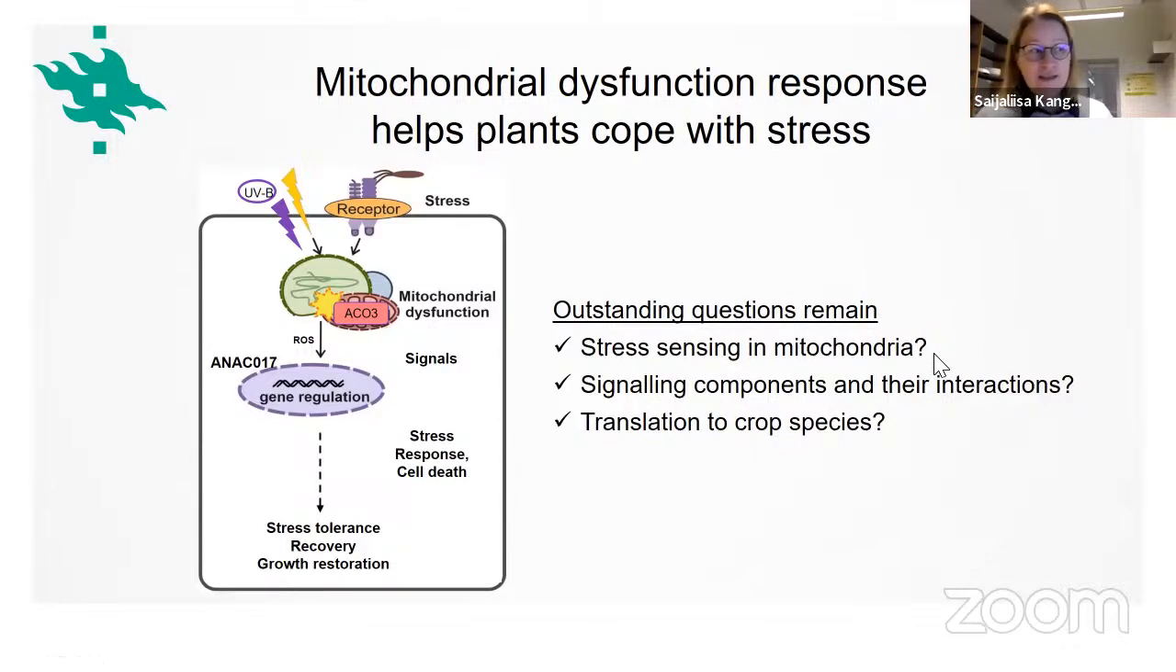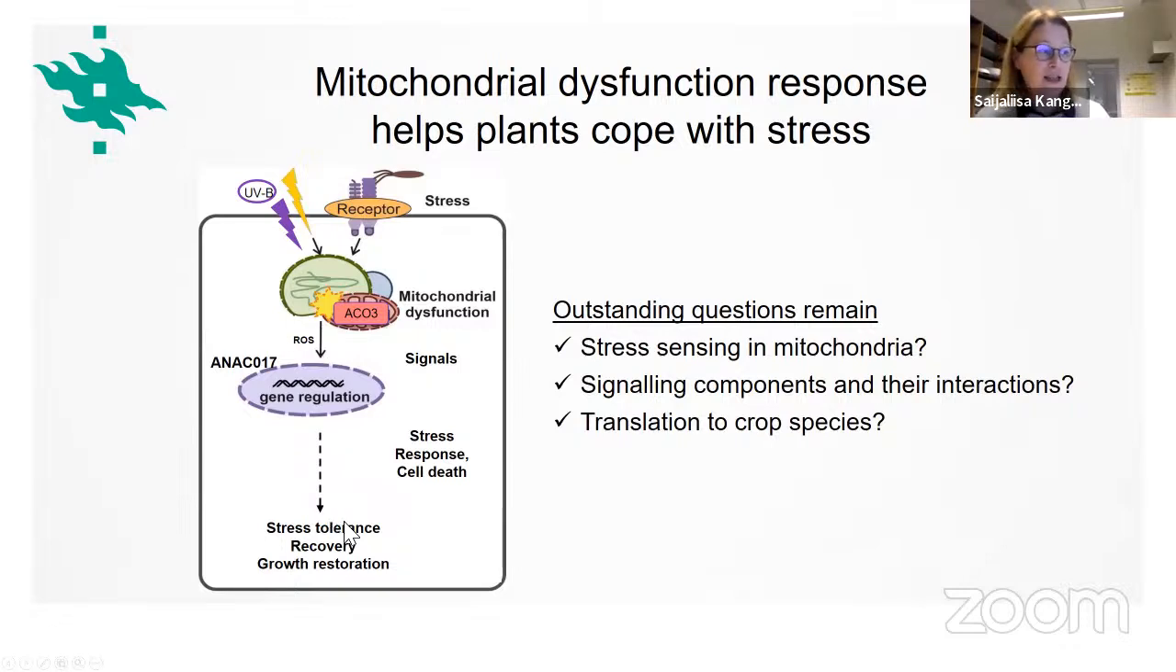So is the mitochondria able to already sense the redox imbalances or even the accumulation of reactive oxygen species, or is it indirect through some metabolic interactions or accumulation of a given metabolite? And then in addition, what are all the signaling components and how do they interact with each other in this regulation? So there's a lot of unknowns underneath these arrows that we would like to fully understand how this system